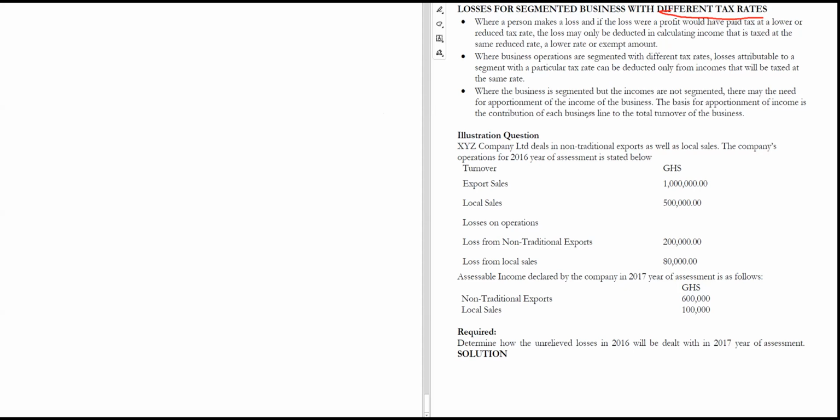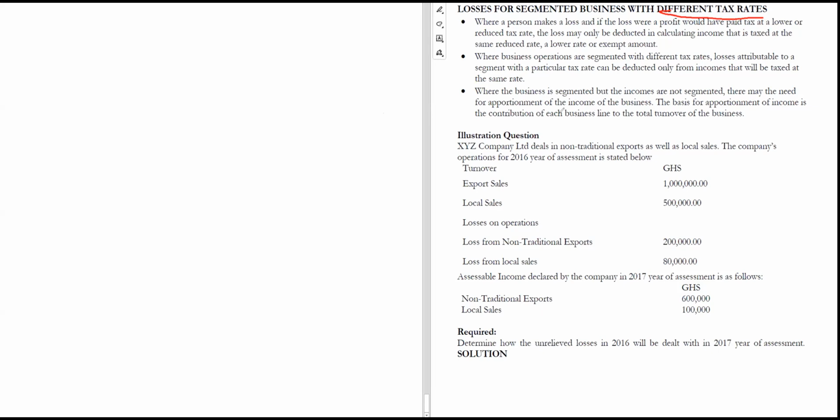When you make a loss, and if the loss were a profit, it would have been taxed at a lower or reduced rate, the loss may only be deducted in calculating income that is taxed at the same reduced rate, a lower rate, or exempt amount. What does this mean? They are always scaring students. Look,